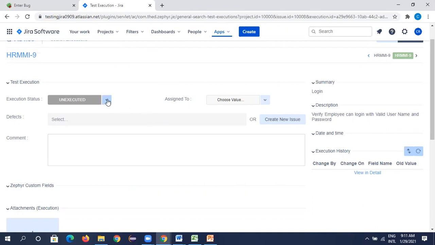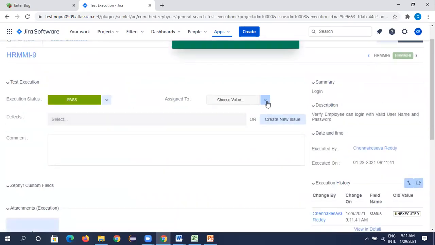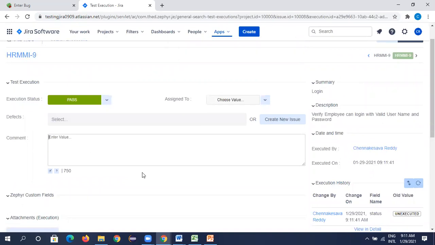Okay, pass. We can keep it as pass, because employee logged in successfully.